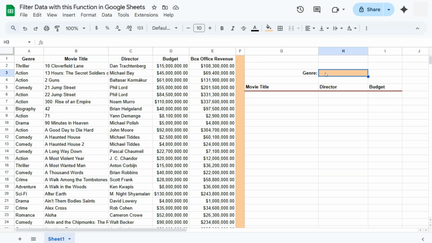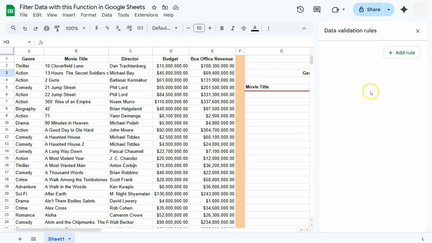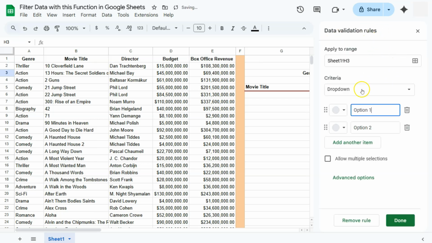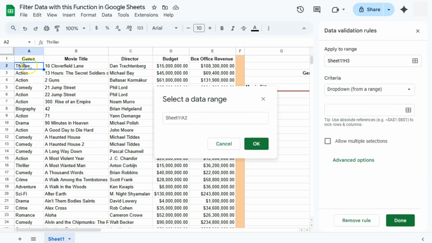So let's start off with creating our dropdown, which will be the base of our filter function right here. Go ahead and select that cell where you want to create that dropdown list. Go to Data here in the menu bar and select Data Validation. On the right side, we have our data validation rules. Let's add a rule where it will create a dropdown from a range, and that range would be from this